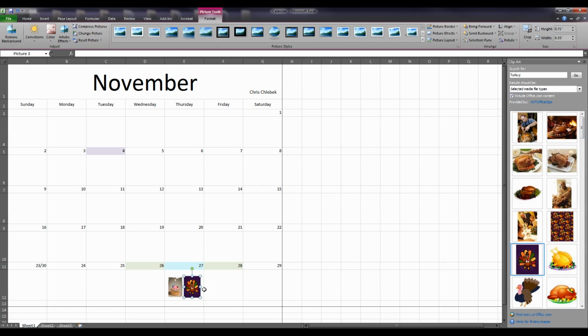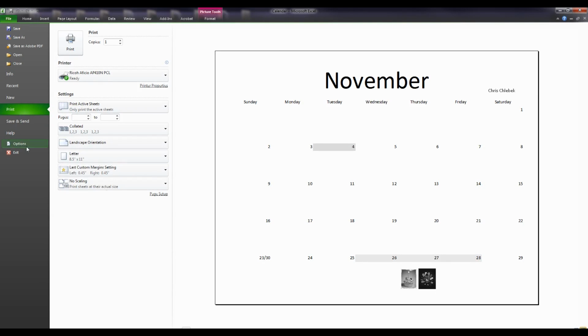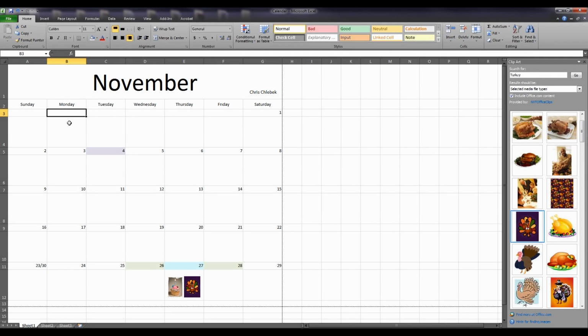So cell lines are the borders around what we have made. If I just go to File, Print, and show you what this looks like when I say Print Preview, you can see that my calendar has no borders. You don't need to go File, Print right now, but I'll go back to the Home menu, and I need to highlight cells A2 through G2